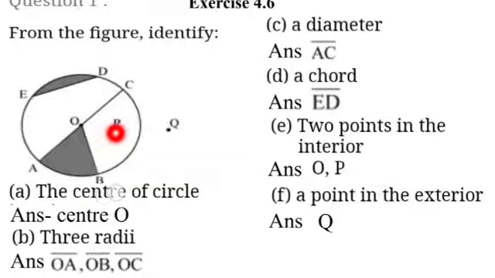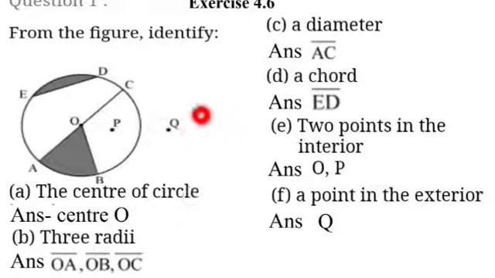When you draw the circle with the help of a compass, you place the pointer of the compass at a point, and then you rotate the compass so that you are able to draw the ring of the circle. This is the way you draw with the help of a compass, right students? So the pointer which makes a hole on the paper, that hole is called the center of the circle. What is it called? The center of the circle. So what point is given as the center of the circle here? The point given is O. Now O and P are in the interior.